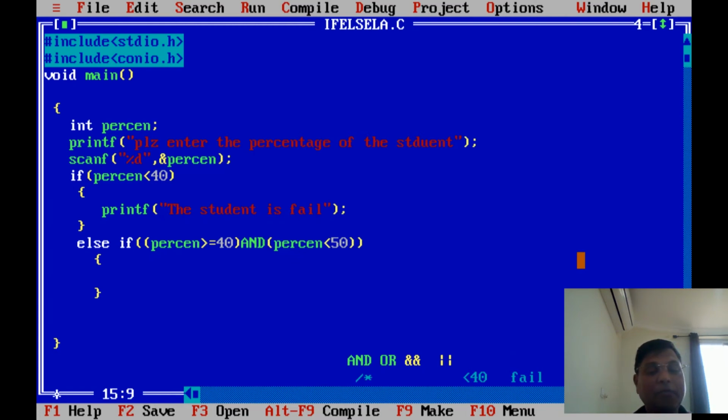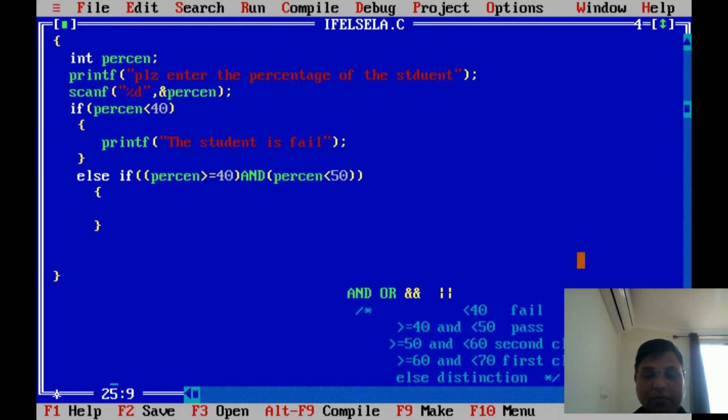Else if percentage is greater than or equal to 40 and percentage less than 50, then what to do? We inform that the marks lying between 40 and 50 are something like pass class. So we give printf: the student got pass class, the student is passed.